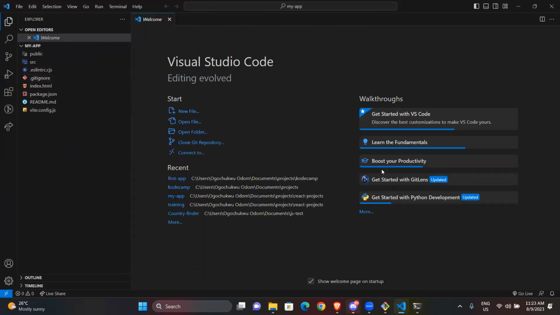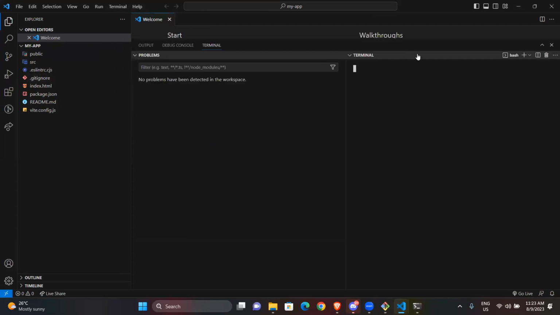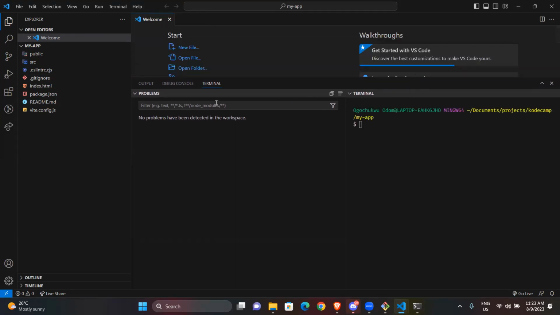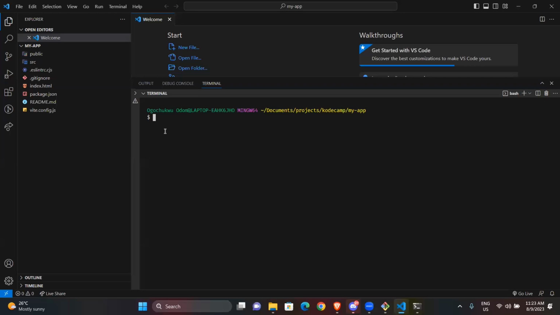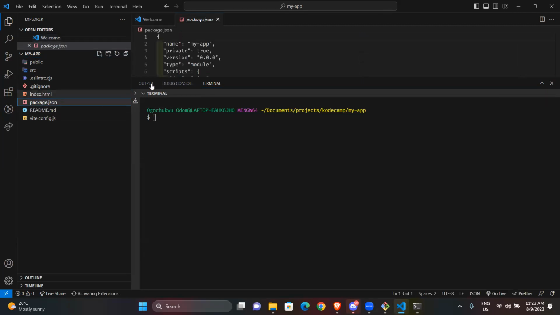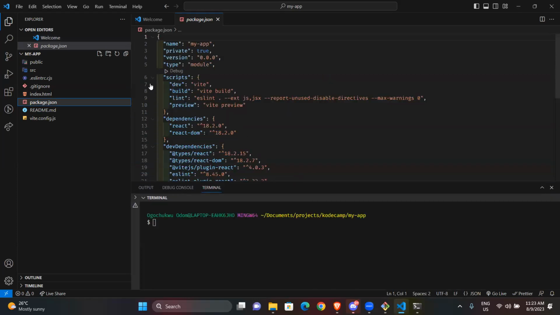Now, I'm going to use this instead of the previous one. I'm just opening a terminal again. All right. So I'm going to try running this. So now if you check your package.json, you see that, remember what we did when we were talking about npm. The npm creates this layout for you.